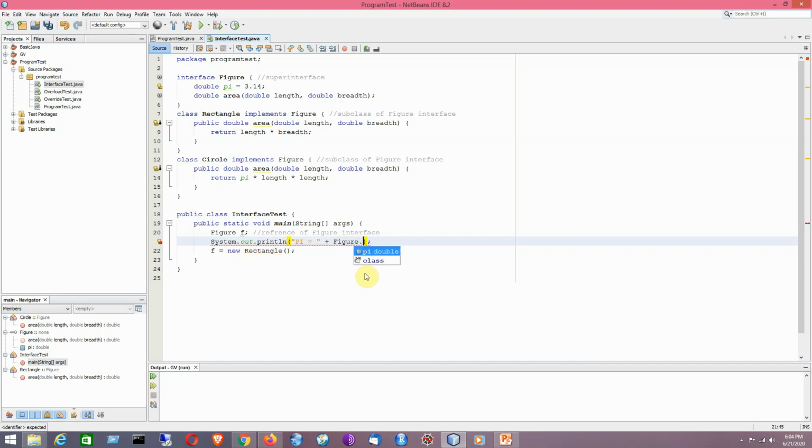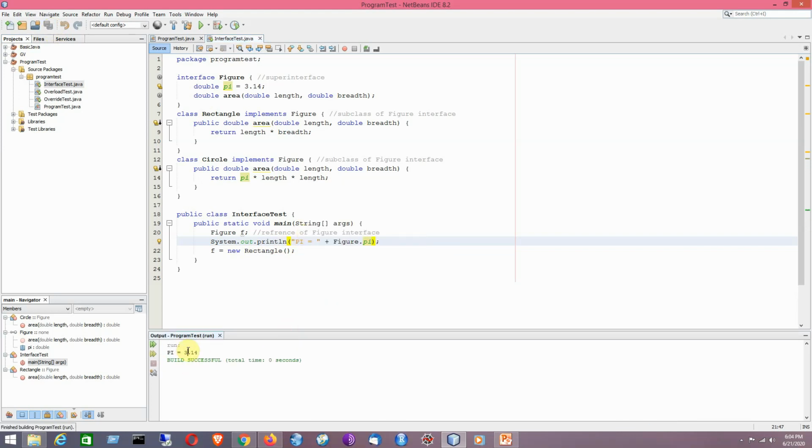So Figure.pi, that I can do. If I run this program, you can see that by using the interface name I can access this particular variable directly.